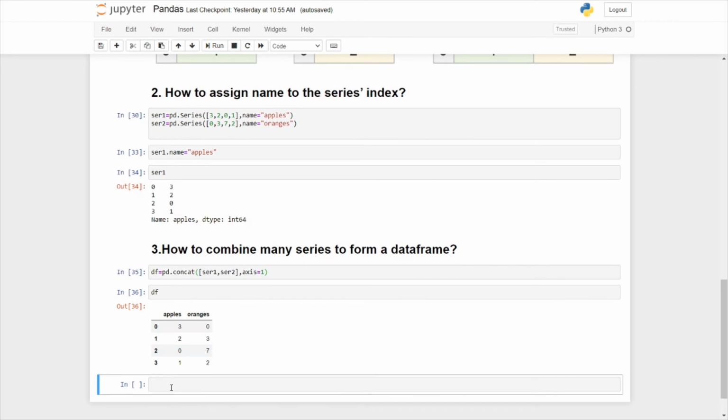Or what we can do is df is equal to pd dot DataFrame. From the previous video, if you remember, we passed a dictionary to a series object. Likewise, we can pass a dictionary to the data frame also. So we will pass the key and value pairs. A key will become your column. Key, so apples, and their values are stored in series 1,